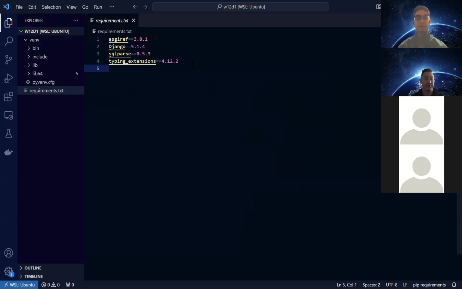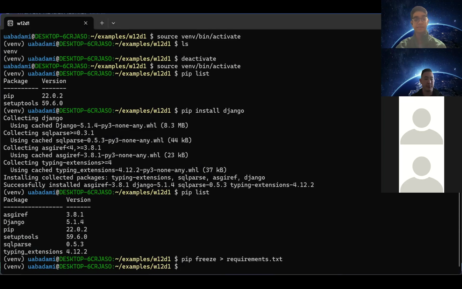So you might ask, okay, well, what's the benefit of using requirements.txt if I can just send them the pip list anyway? And the answer is you can directly run a requirements.txt file. So if someone were to send me that requirements.txt file, I can just say pip install -r, and then I can type in